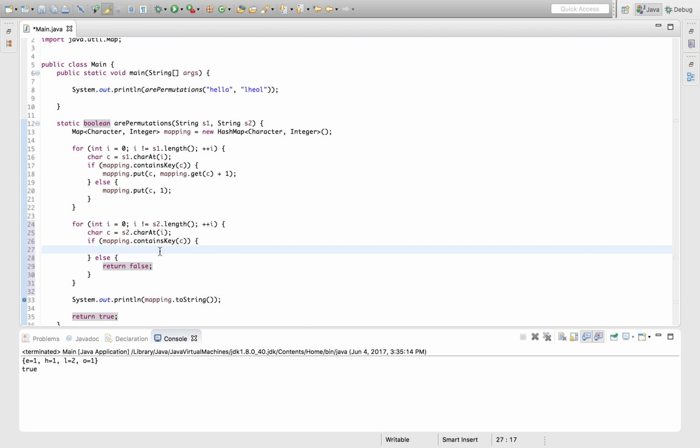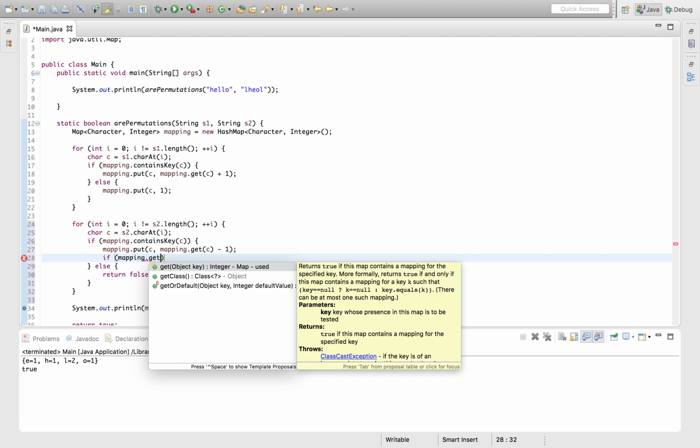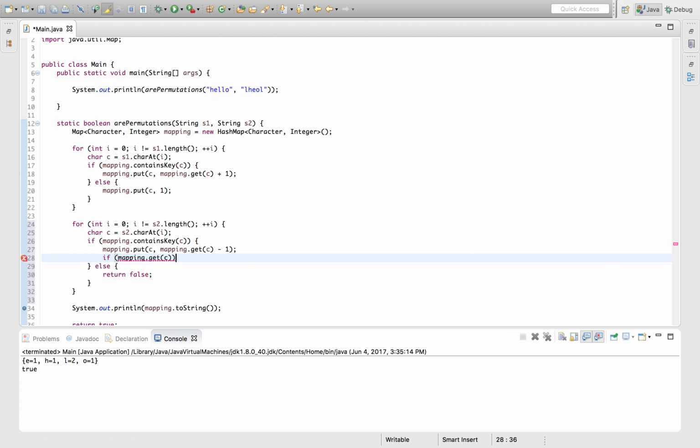So that's pretty simple. So what happens if it is in the mapping? Well, then our problem becomes a little different. Then we just want to go through and subtract 1 from whatever its current value is. So we can sort of copy this almost and just say, instead of +1, -1. We're just decrementing it now. And now this kind of leaves us with an interesting problem, right? So what we can do here is check right now if mapping.get(c), so this is the number of times that c has shown up so far,